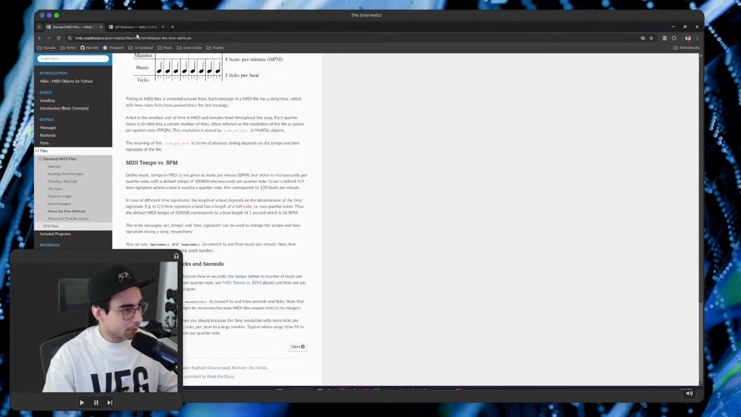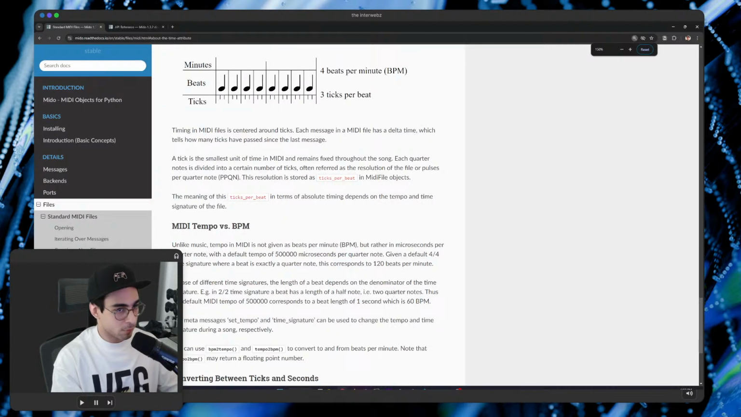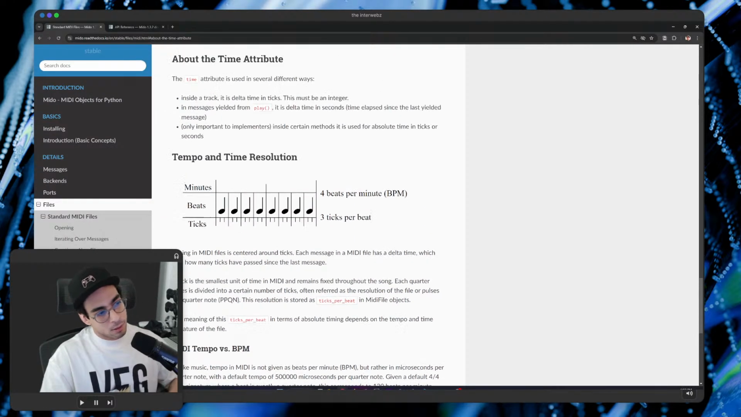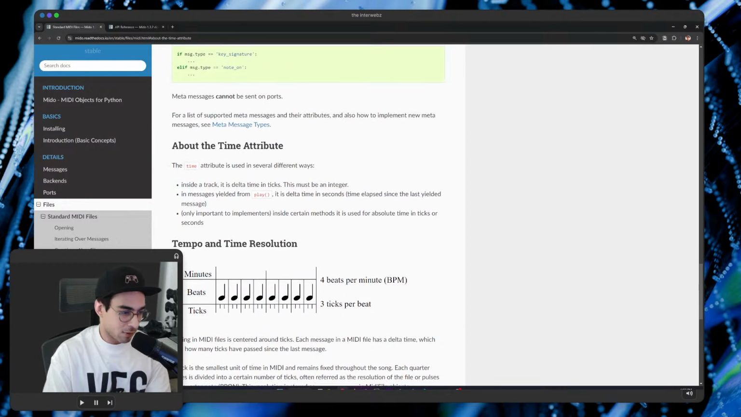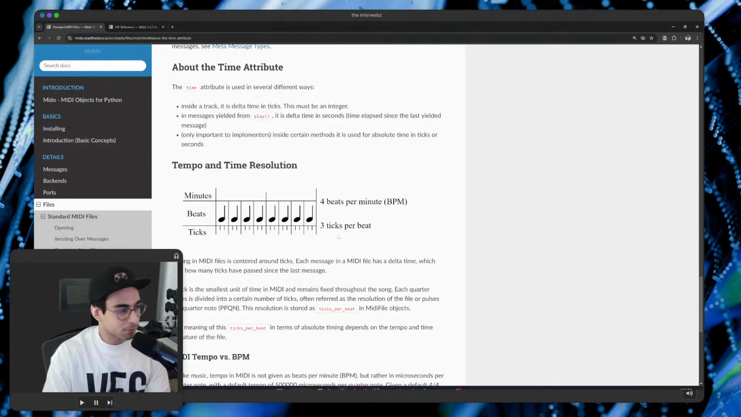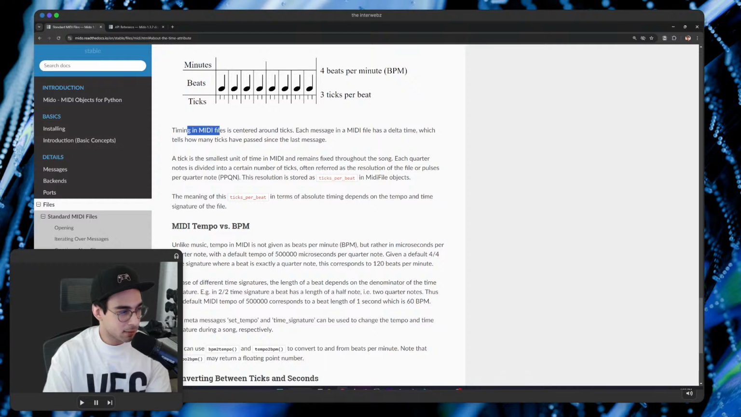So let's check this out real quick and boost it up for the homies. I think that's good. But this is basically what I was conveying just now. We have BPM, beats per minute, like 60 BPM or whatever. That's how music's normally done. But MIDI